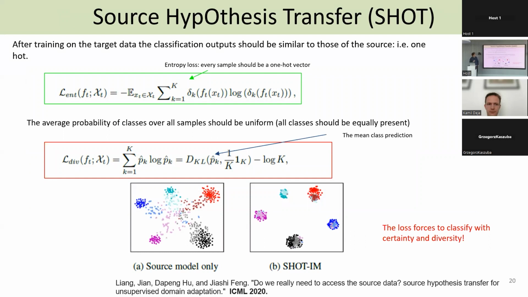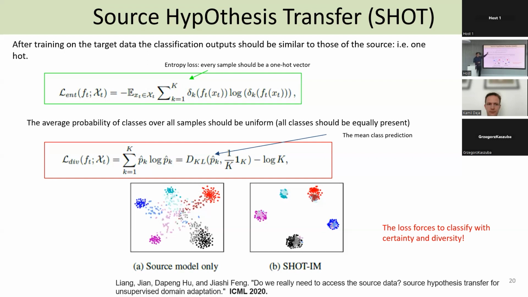I wanted to discuss one method, which is the most popular method for source-free domain adaptation. And it's a very simple method. It's called SHOT. And they use two losses to adapt to the unsupervised domain. And very simple losses, the entropy loss and the diversity loss. The entropy loss is almost like wishful thinking, this method. It says that if my target model is good, it's sure about what it says. So I want to have a low entropy. I want the target model to say 0.0, 0.0, 1.0. I want it to be sure.